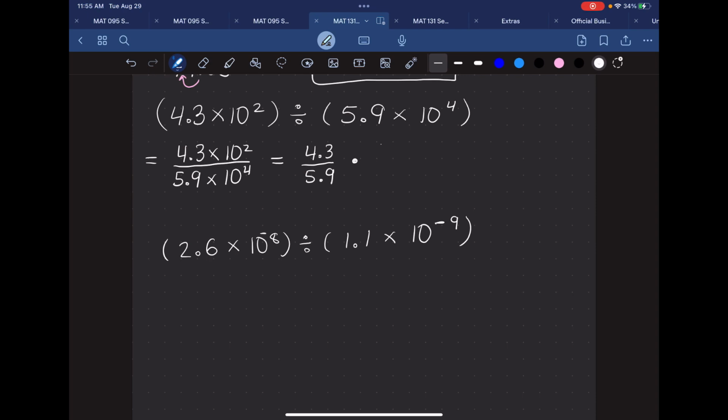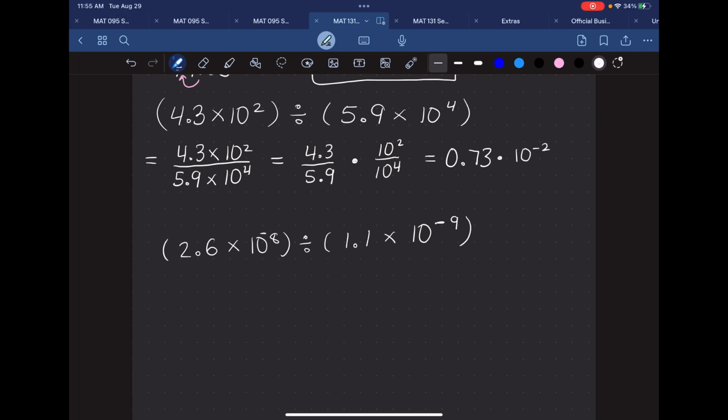times, now I have this 10 squared divided by 10 to the 4th. And so long as you understand how exponents are working, the 10 squared over 10 to the 4th is just going to become a 10 to the negative 2, because we end up getting 1 over 10 to the 2, which is the same as 10 to the negative 2. So then all that's left is dividing our 4.3 and 5.9. We're gonna round to the hundredths here. We got